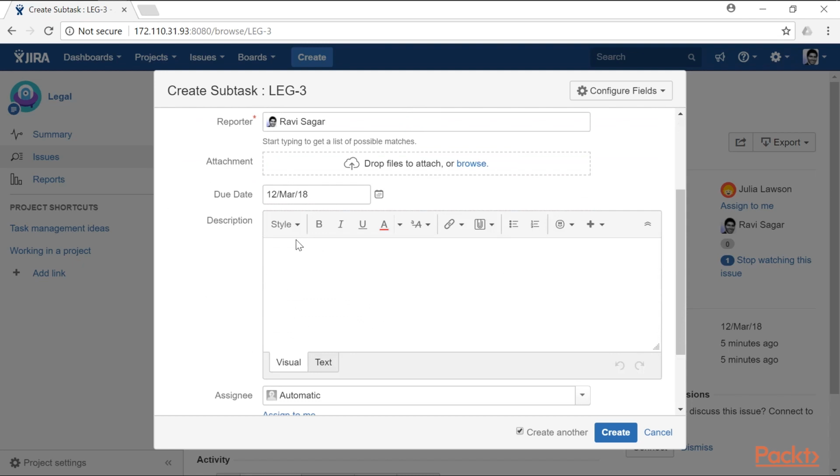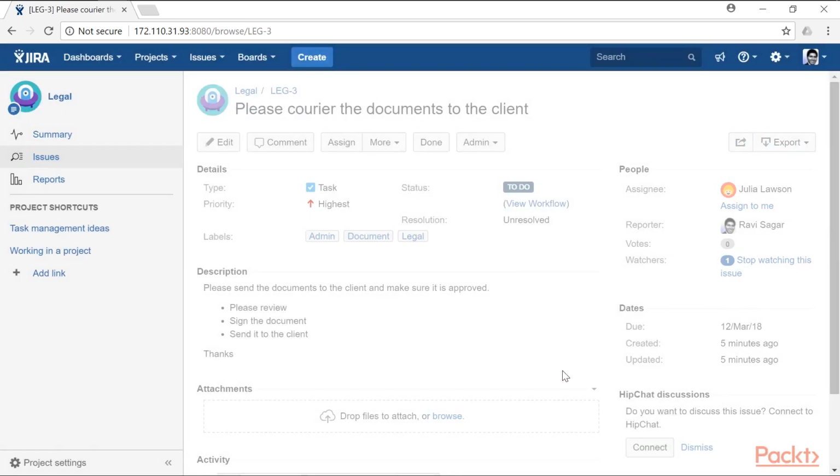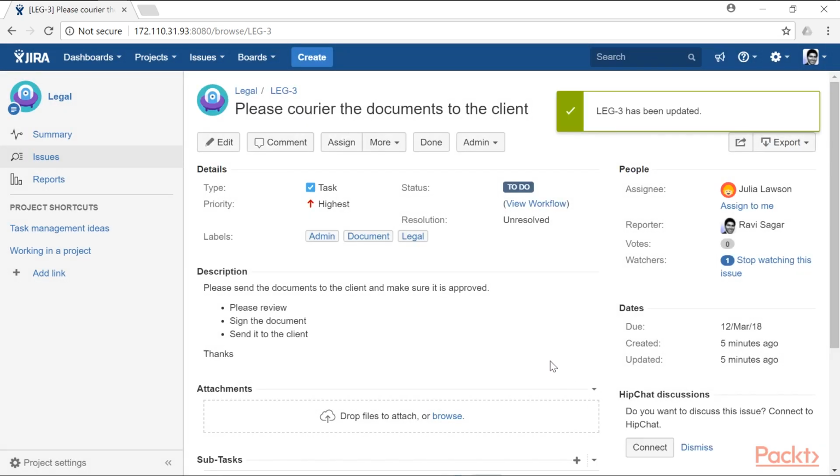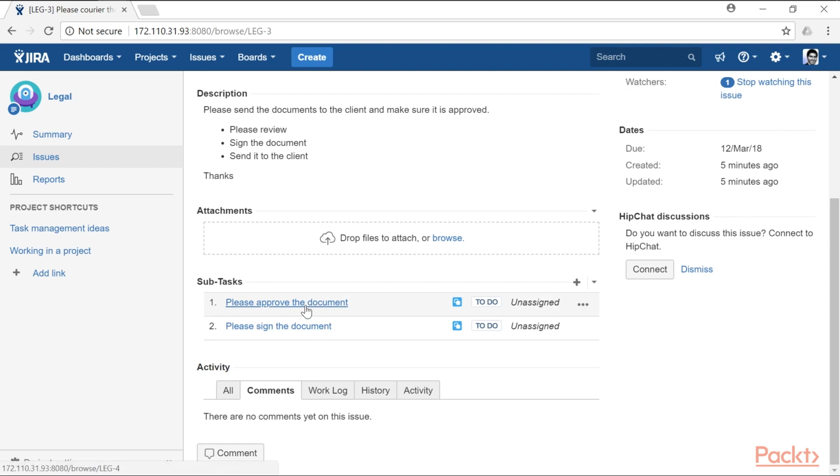And you can see here that some of the fields are copied from the previous subtask, like the due date, and if you have also filled in some additional fields, that will also be populated for you automatically. But this time I just want to create this second subtask very quickly without filling in much of the information, and I can click on the create button. So now you can see here that in this particular task I have two subtasks that have been created for me,